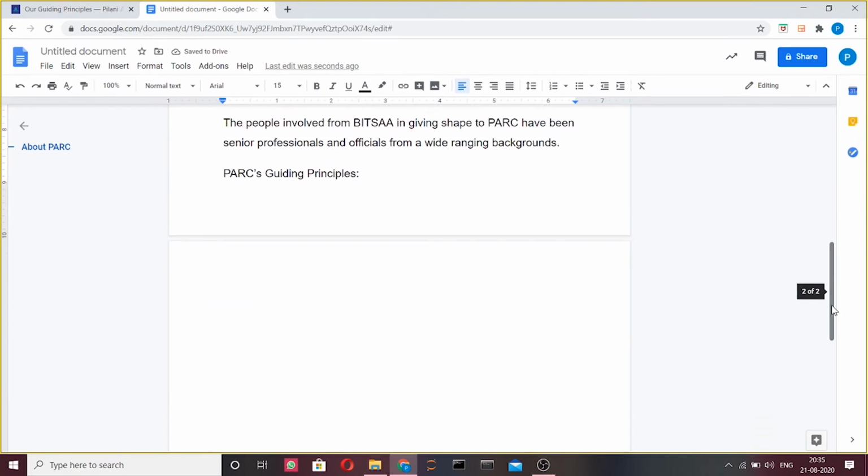Next we cover our lists. Lists allow you to organize your information into concise points. Numbered lists allow you to organize your information in the form of numbered points. And similarly, bulleted lists organize your information in the form of bulleted points. To create a list, we just select either of the options and begin typing.